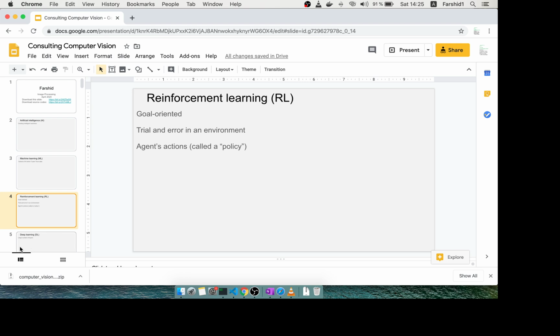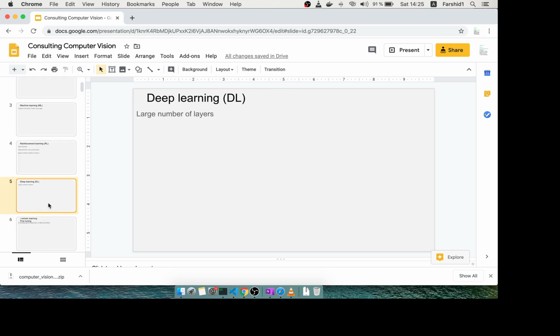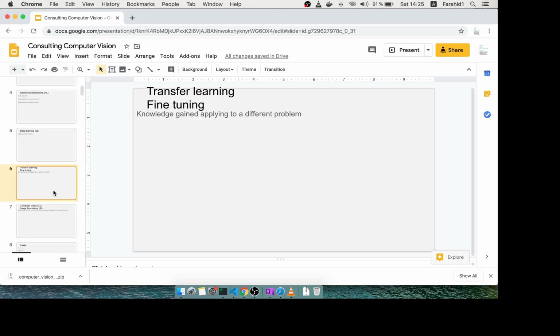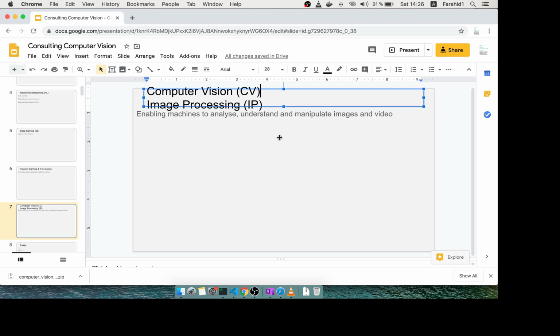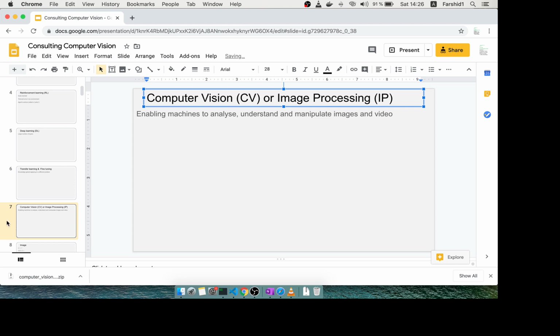reinforcement learning, deep learning, transfer learning, and fine tuning, OpenCV, image processing,